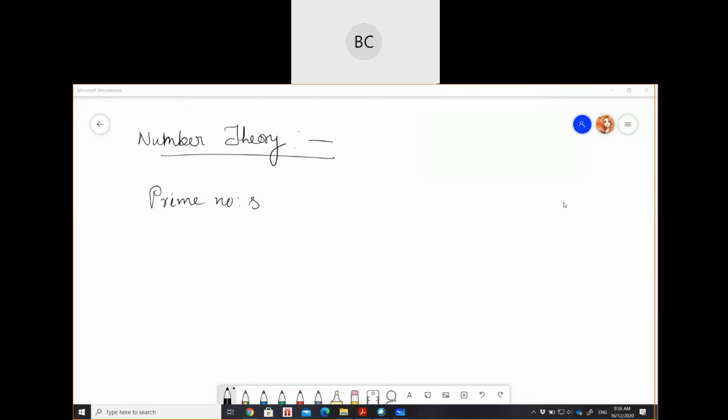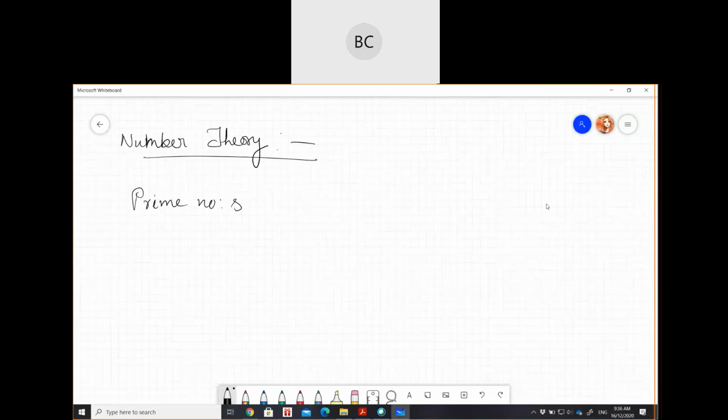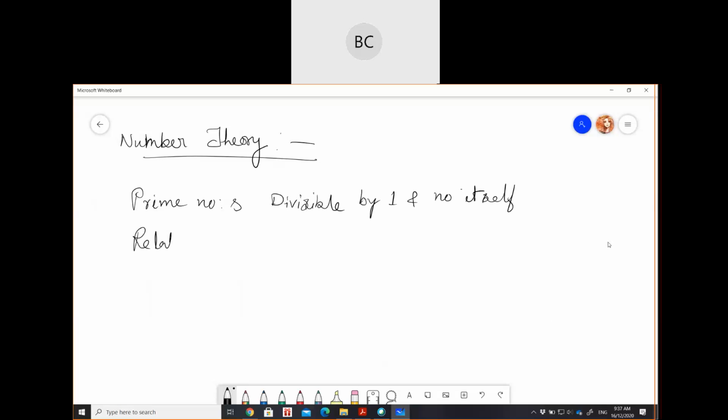It's divisible by 1 and the number itself. If I say prime numbers, I will just write your numbers down. Number itself, correct? So tell me what are relatively prime numbers,